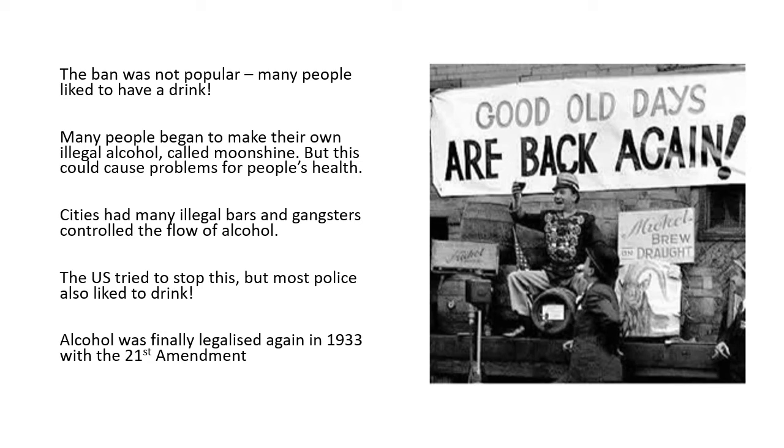There was a special police group called the Prohibition Bureau who were employed to stop people bootlegging, which was transporting alcohol, but they only had 4,000 officers. 4,000 officers for the whole country when there were 250,000 illegal bars. So you can see it was never going to be easy to stop people drinking. And actually 10% of those 4,000 agents were fired because they took bribes and they were drinking.